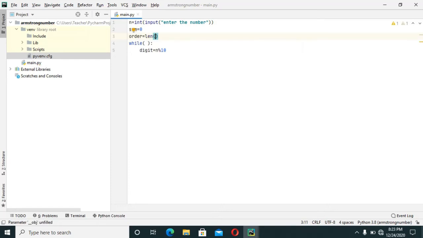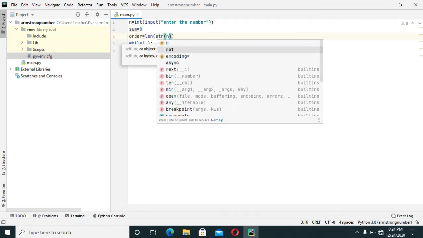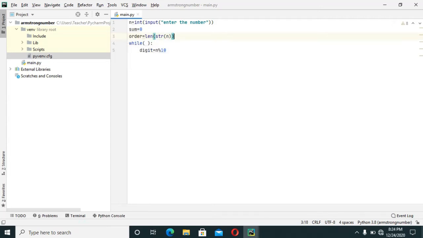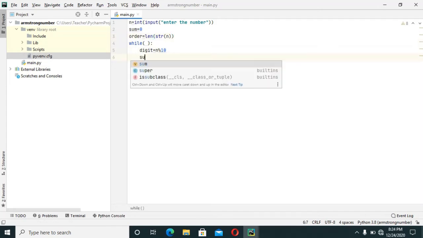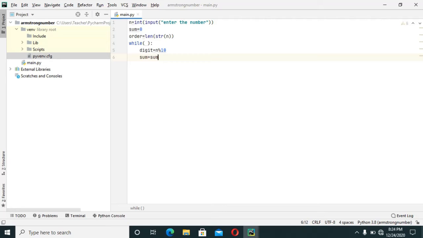We use len function, then typecast our number into a string. So sum equals sum plus digit. To raise its power, we use double asterisk.